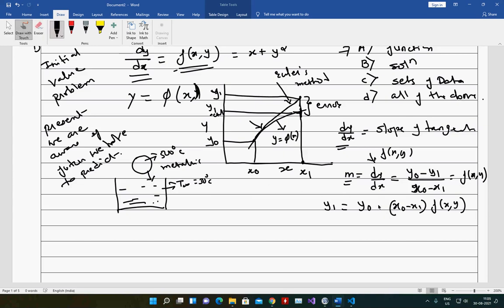Now I can change it to y1 equals y0 plus x1 minus x0 into f of x, y. The difference between x values I can denote with the variable h. Therefore y1 is equal to y0 plus h into f of x, y. This is how I get the first solution. If you have understood up to here, I can denote this formula as A, so you can type A.